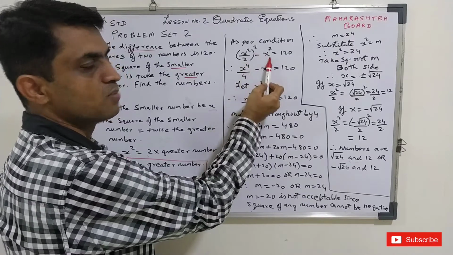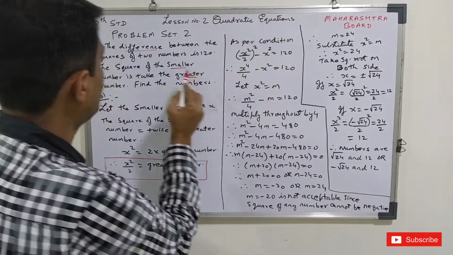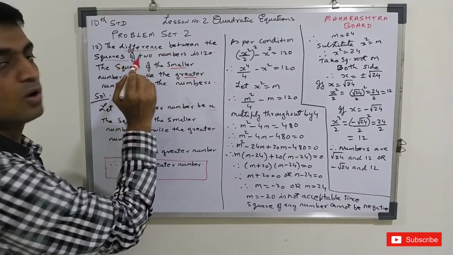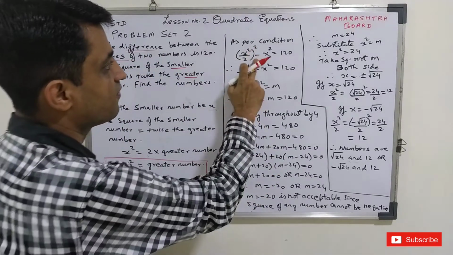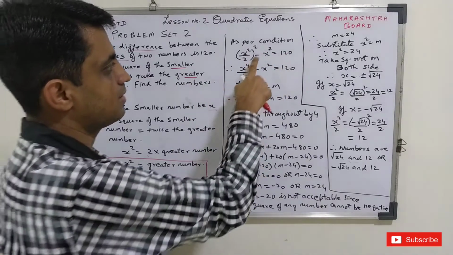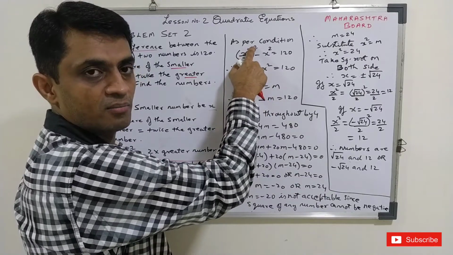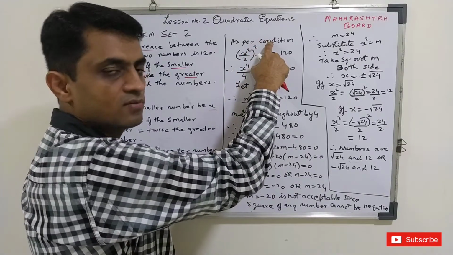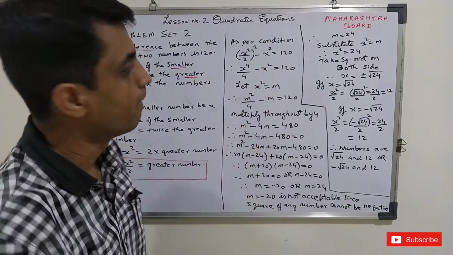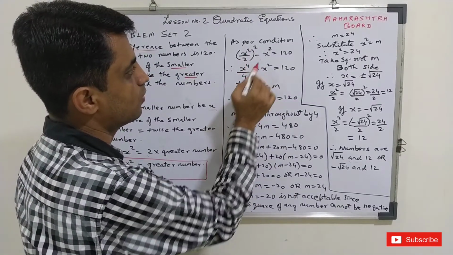Greater number minus smaller number, their squares, they told you, squares of the two numbers. The difference of the square of the two numbers is 120. Difference means minus. Whose minus? Square of the greater number minus square of the smaller number is 120. Open the bracket, x square ka square is x raised to 4, 2 ka square is 4, minus x square